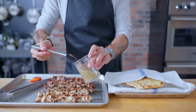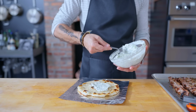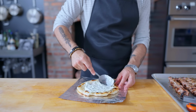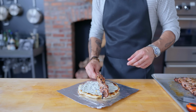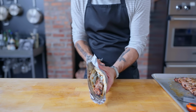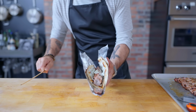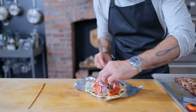First, we can give our meat that optional lemon and herb brush down that I was talking about. Then we're going to grab our pita, throw it down on a square of light gauge aluminum foil, give it a generous all-over spread of tzatziki. Then, if you're a real souvlaki pro, you can use the bread to take the meat off the skewer. I obviously found it challenging, so you could also just take the meat off with a fork and throw it in the sandwich. Flank your meat of choice with some thinly sliced tomatoes, top it with some sliced red onion,